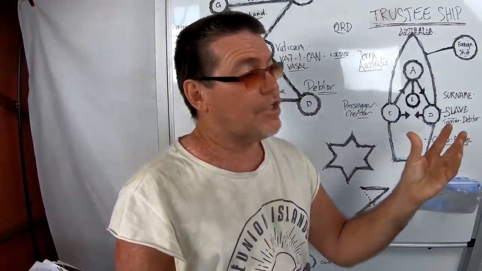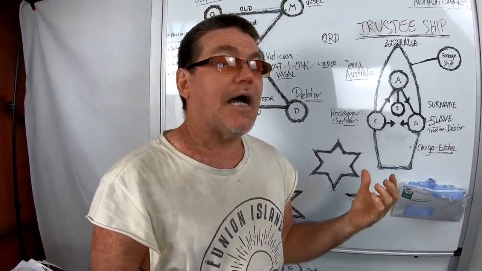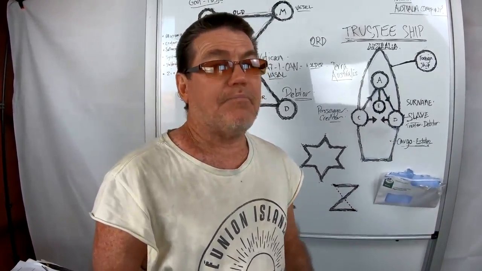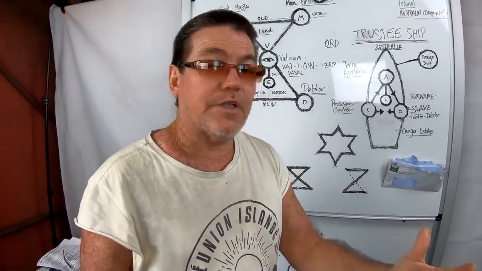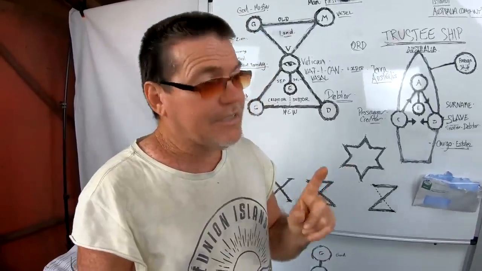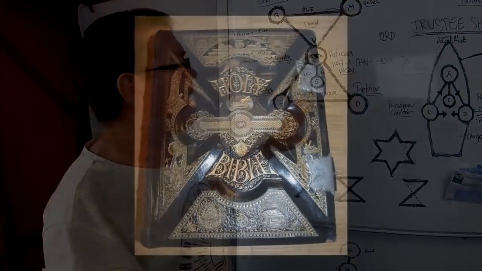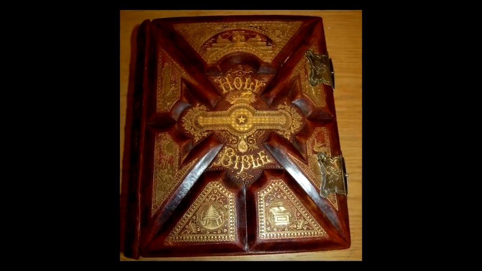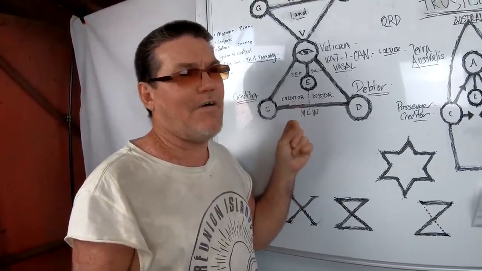The corporation is created by the head of that state, and it creates a corporate debtor system, and then the corporation employs or creates citizens that are debtors to that corporation. And this is what this symbol is all about. This is the one that's found on some of the old Masonic Bibles. And when you start to get your head around this simple schematic, this plan of how they